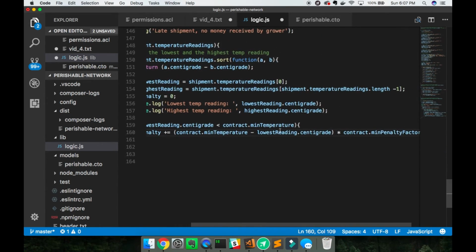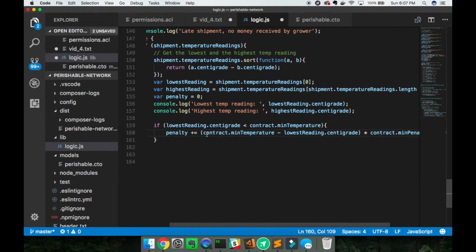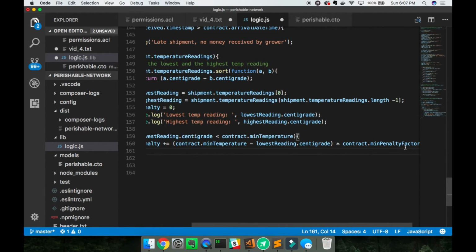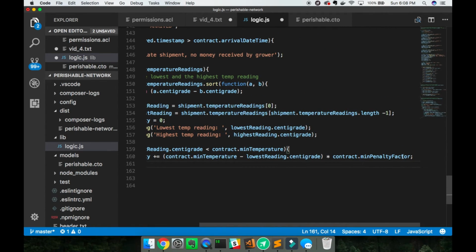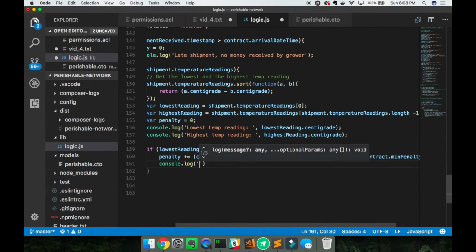And we're going to do that. The penalty is kind of in terms of a price. So we're going to say, how many degrees under were we? And we're going to multiply that by the minimum penalty factor. And that's going to be the price penalty so far. Okay, so we'll say that the price penalty, the min temp price penalty, is